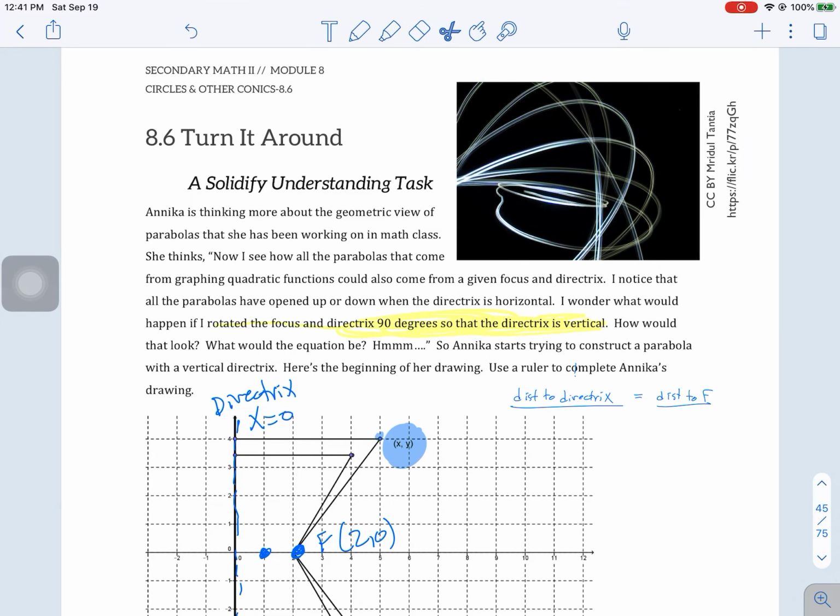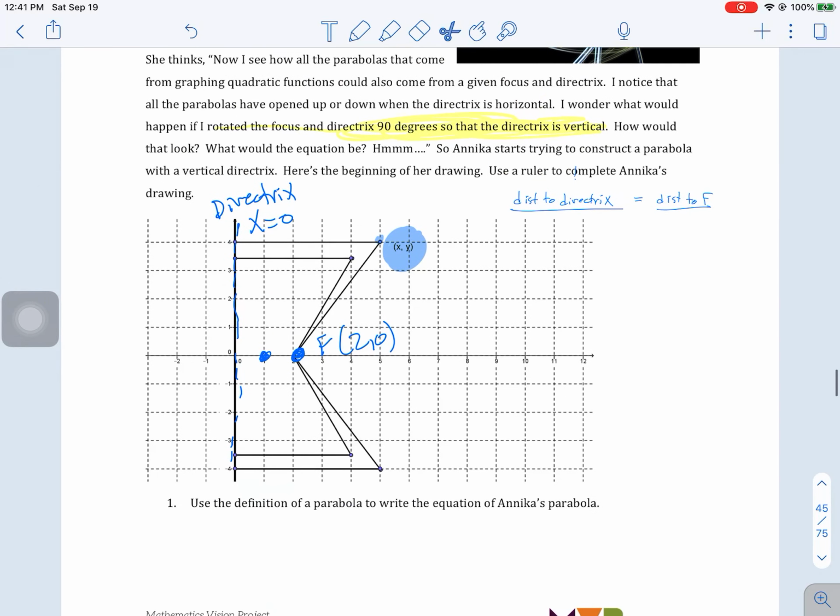So we're going to look at 8.6 task, go through that. The idea here is that they want to rotate the focus and directrix 90 degrees so that the directrix is vertical, all right, as opposed to horizontal that we were working with before. So they give you a diagram and they ask you about an equation,